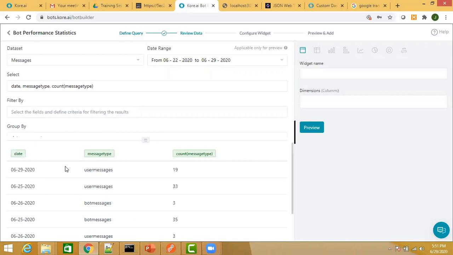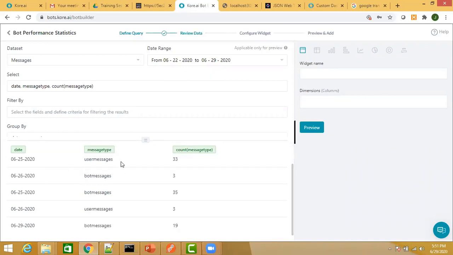So you can see you're getting date wise user messages and how many responses went from the bot end. So once you have your data set ready, now you come here and create a widget. Obviously, since this will be user and bot messages, you can either use a vertical bar or a bar chart or a line graph as per your requirement.